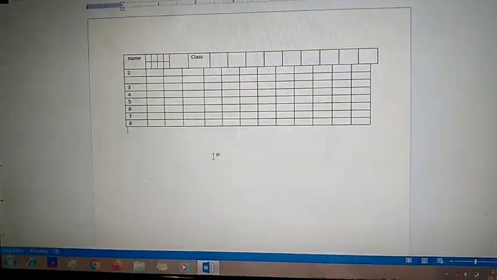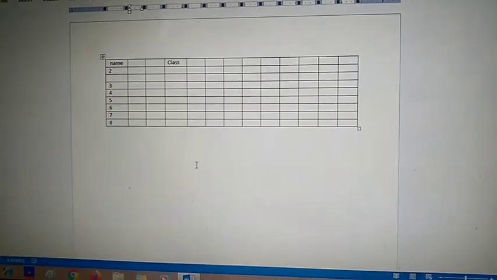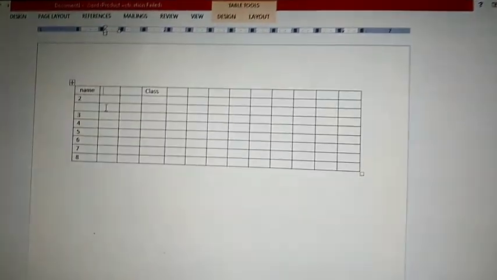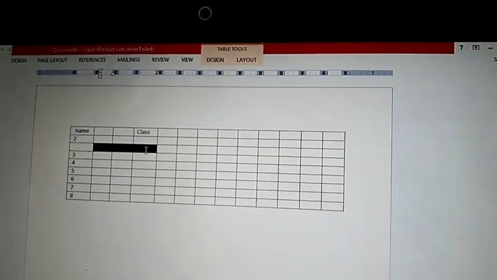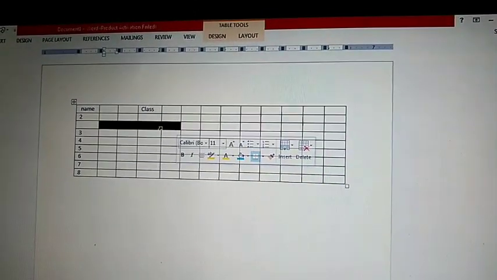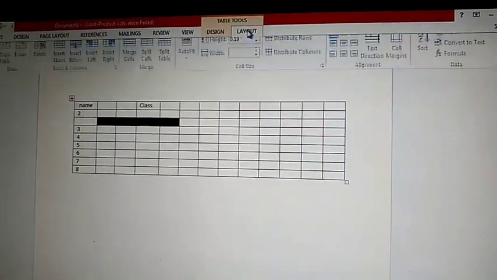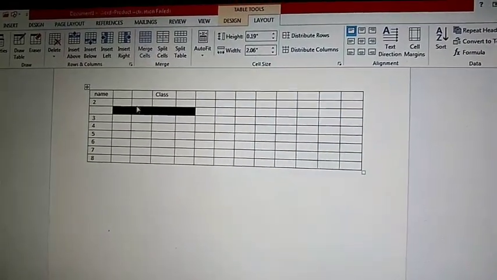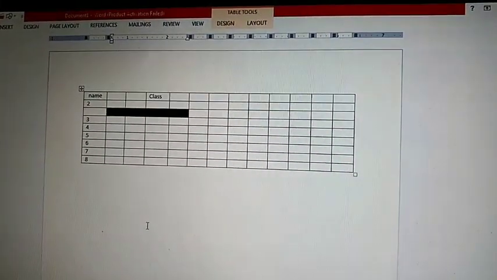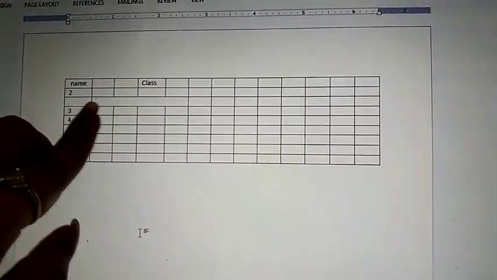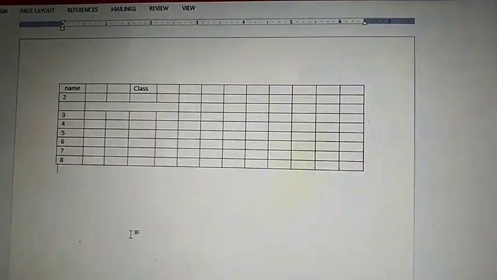Now the next one I am going to tell you is merging. Merging means combining. Suppose I want to combine this 1, 2, 3, 4 cells into a single one. So what you will do? You will select these 4. Again you will go to the layout option, and this time you will choose the merge cells option. As soon as you click on merge cells, you can see these 4 cells which I have chosen are merged together and it has become a single cell. So this is known as